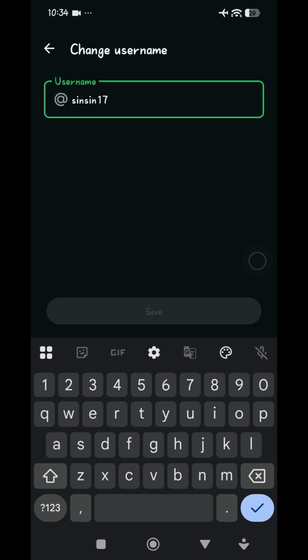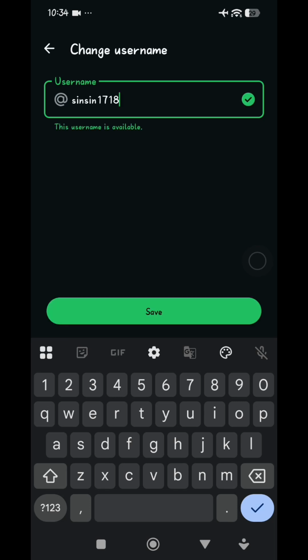And then in here just simply enter your new username, for example like this. WhatsApp will automatically check whether it's available. If you see the green check mark, that means your username is available and ready to use. And then next just simply tap on save